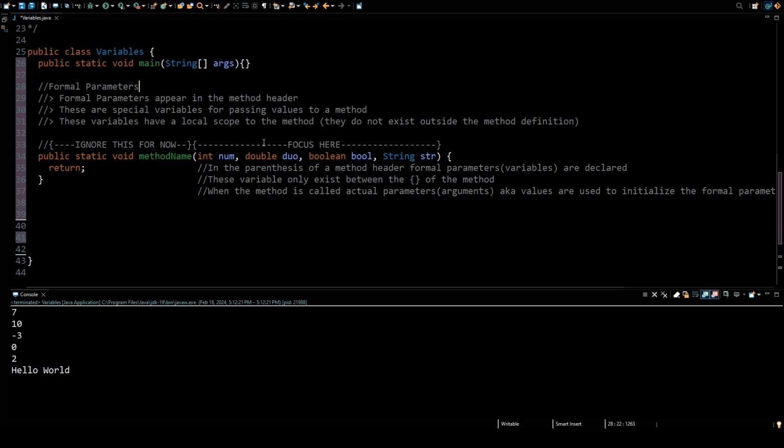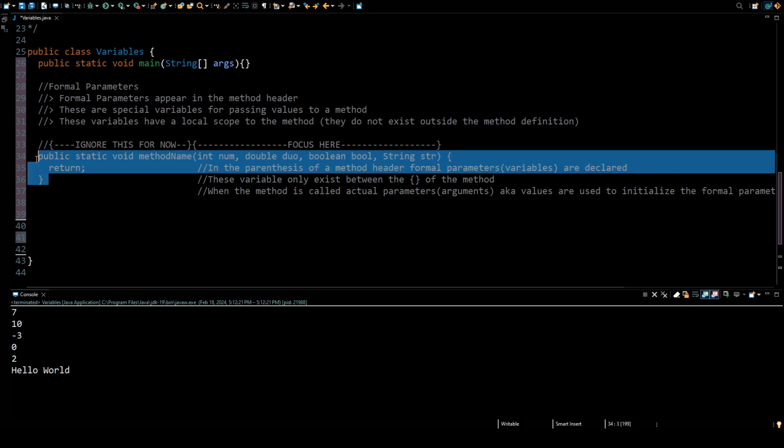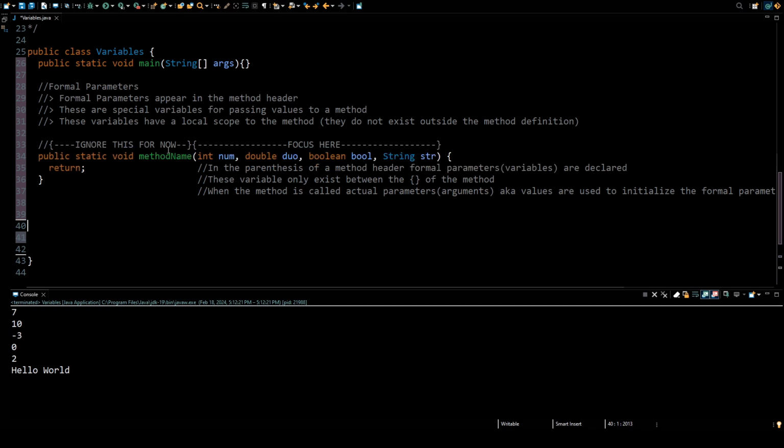So formal parameters appear in the method header. This whole thing right here is what we call the method header. And these are special variables for passing values to a method. So what that means is I have maybe some data or another variable I use somewhere else, and inside of this right here, I want to pass that value in. And so what we can say is that this method, in this case the method name, is going to accept these formal parameters, or just parameters if you like, and inside of this method, I will be able to use